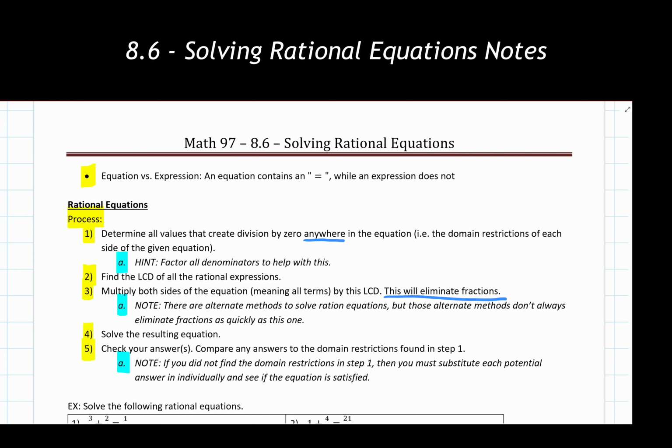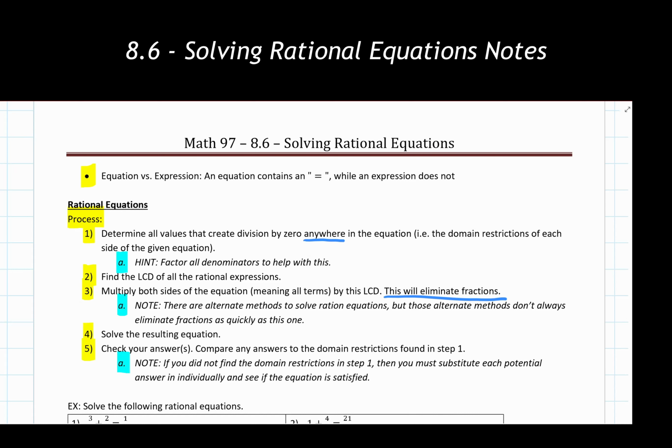So once we have fractions gone, we're just going to have some resulting equation left over. Something equals something else, and then I can solve that using any and all methods I've learned. Maybe it's going to be just a linear function, x plus 1 equals 10. Maybe it's going to be slightly more complex than that. Maybe it's 2x minus 7 equals negative 30. Maybe it's a quadratic equation, and we need to solve that using factoring, or any of our other methods that we've learned. But step 4 is where we can kind of breathe a sigh of relief: I don't have fractions anymore, and I can just solve this thing with whatever I want.